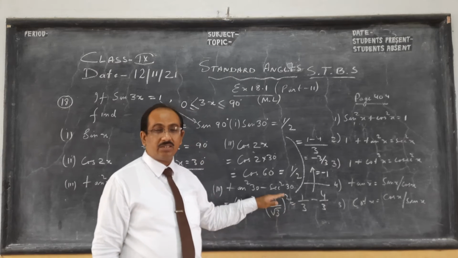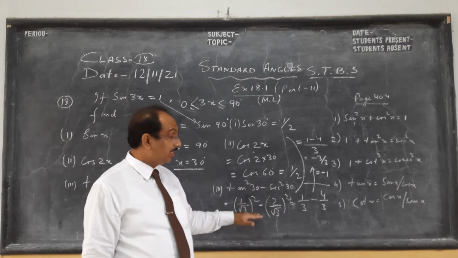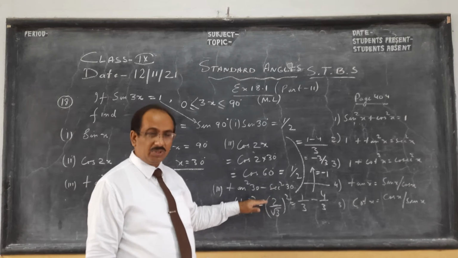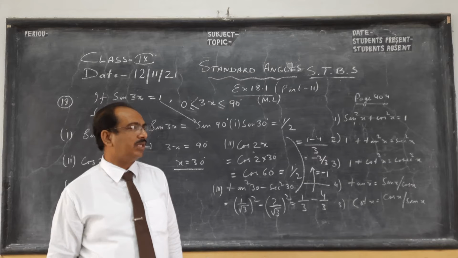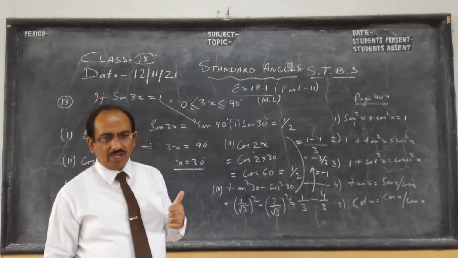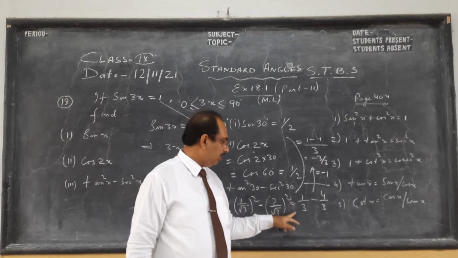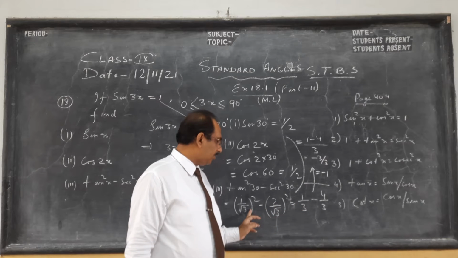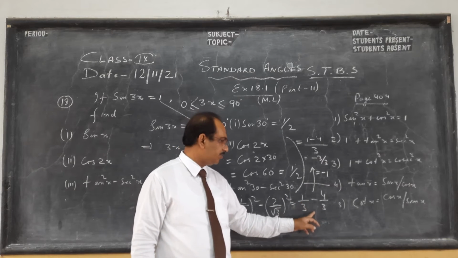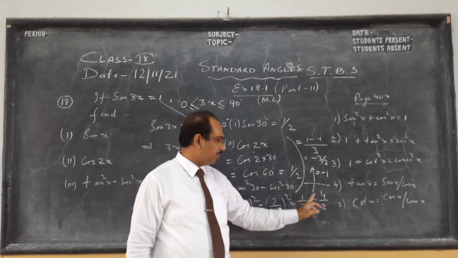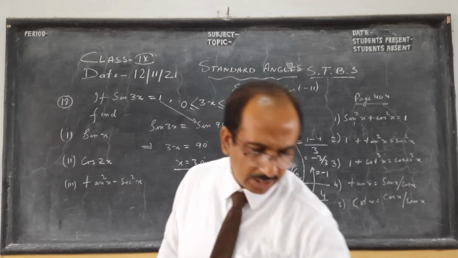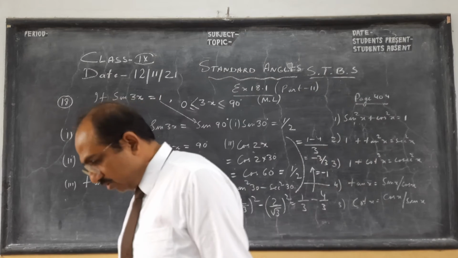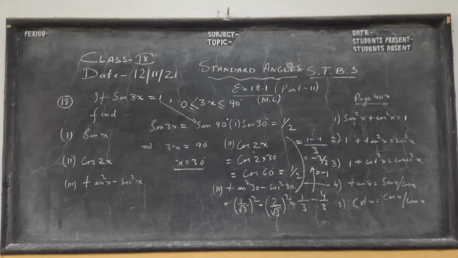That's why I made the standard angle values tricks video, so that you will remember. You must see it, it's very easy, but before that you have to see the other videos, part 6 and part 7, where I explained why we get those values. Here root 3 square is 3, 2 square is 4, so the LCM is 3, 1 minus 4 is minus 3 by 3, which is minus 1. Kindly pause the video and copy. Then we move on to question number 20.